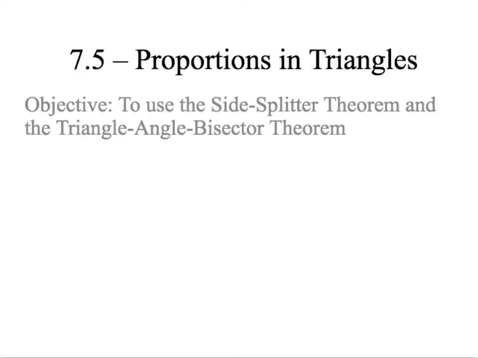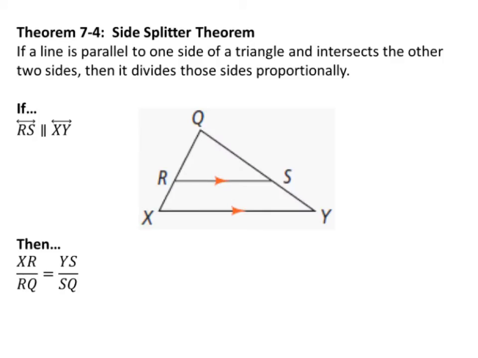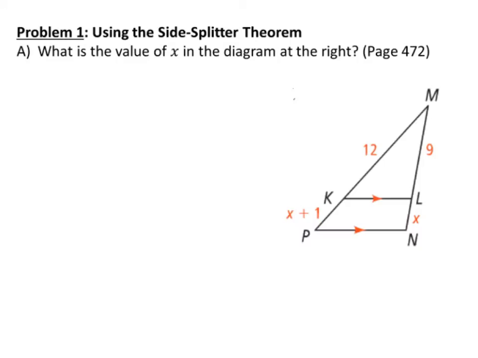Alright, so in section 7.5 we're going to use a couple theorems to solve proportions in triangles. So the first theorem, the side splitter theorem, says that if we have two parallel lines in a triangle, then these two sides are proportional to these sides over here. Okay. So we can use that to set up a proportion,